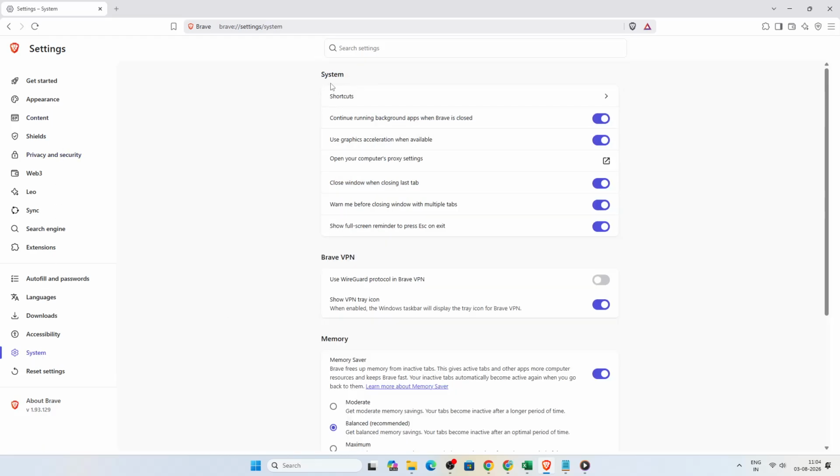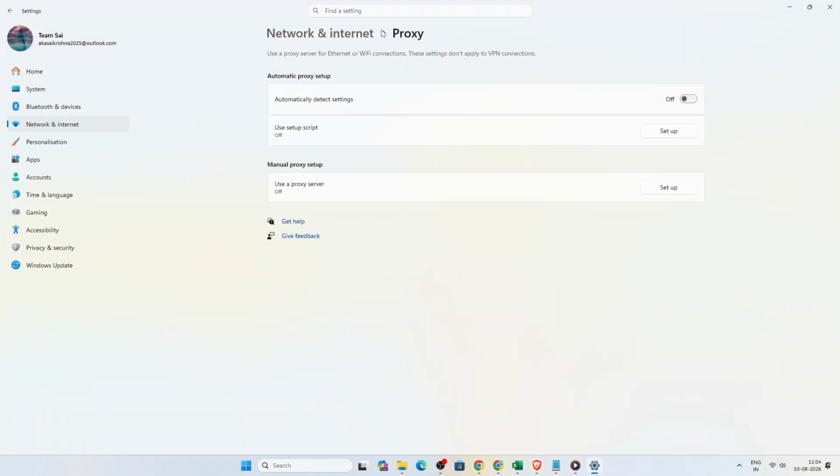This section includes options related to how Brave works with your computer's operating system. In the System area, find and click Open your computer's proxy settings. As soon as you select that option, your operating system's network control panel will open, which is where the proxy